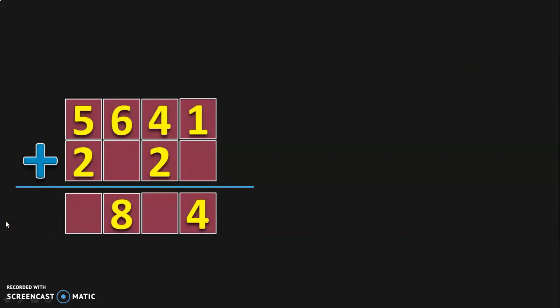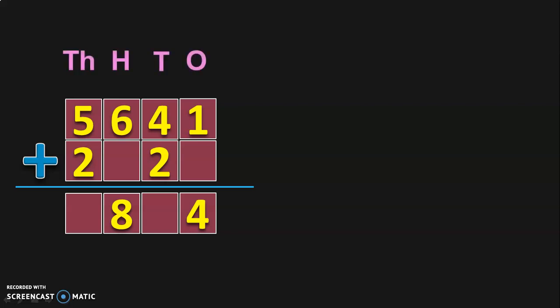Here we have two 4-digit numbers to be added, but I have given a few blank spaces in the second number and also in the answer. So let us see how to solve this sum. Instead of giving the normal way of addition, you could give such sums which will make the child think before answering the questions. First, write down the place values.